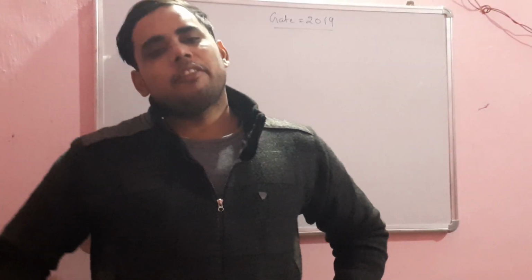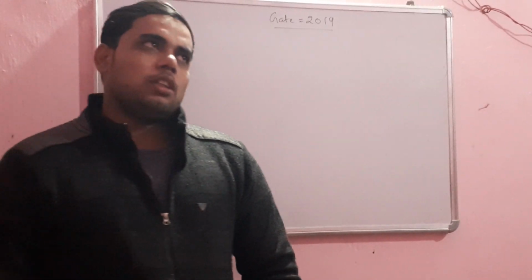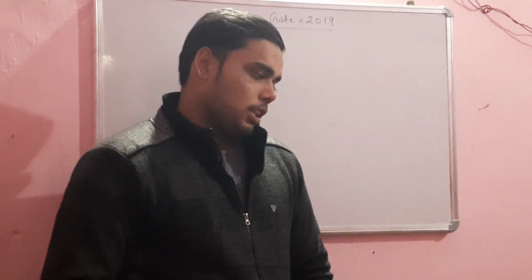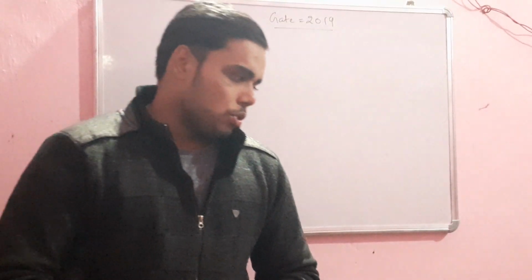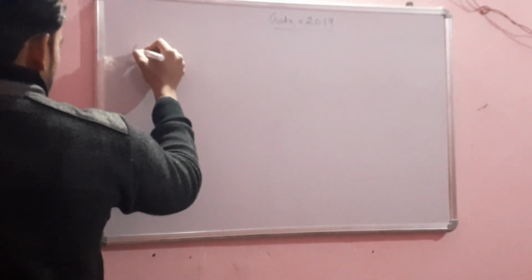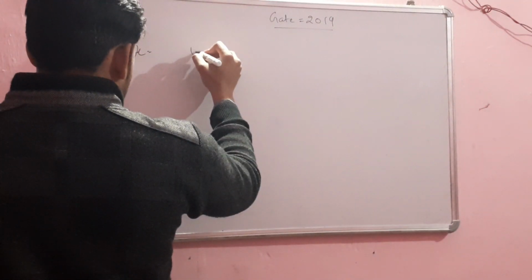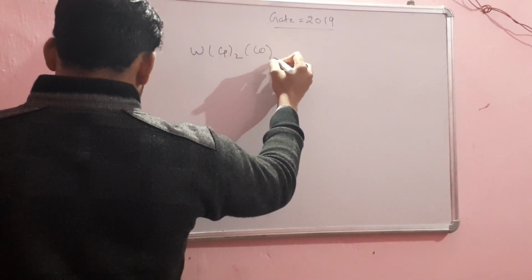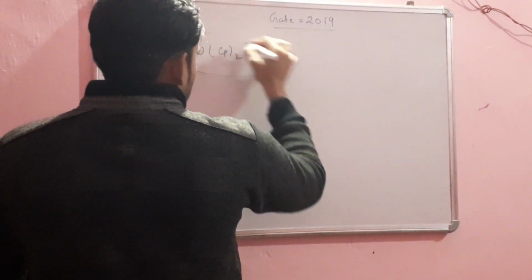In the 2019 GATE, we are discussing the five questions of the exam GATE 2019, that is your previous year, and we are discussing the five questions. So the first question is from inorganic chemistry, and what it says is the compound is given here like this, so what is the correct representation of this compound.